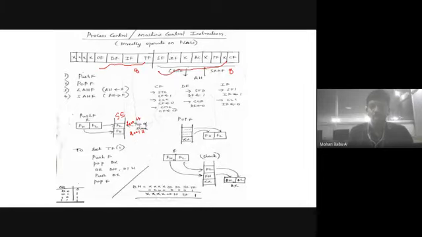If I want to store the lower byte of the flag register to the stack, I must choose either the lower address or the higher address. The lower byte is stored in the lower address. The higher byte is stored in the higher address. So this one is the higher byte. This one is the lower byte. This higher byte is stored in which address location in the stack segment? 2000 or 2001.